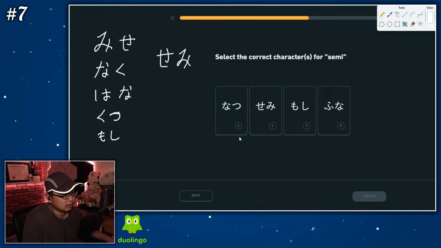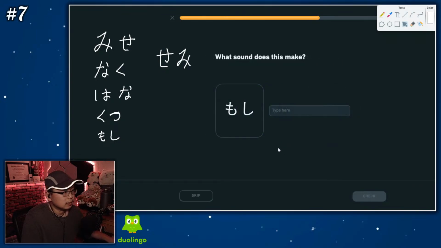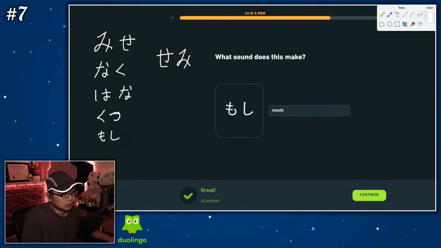Say me. セミ Natsu. 夏 セミ もし Moshi. Right? Funa. 船 Funa. セミ Moshi. 国